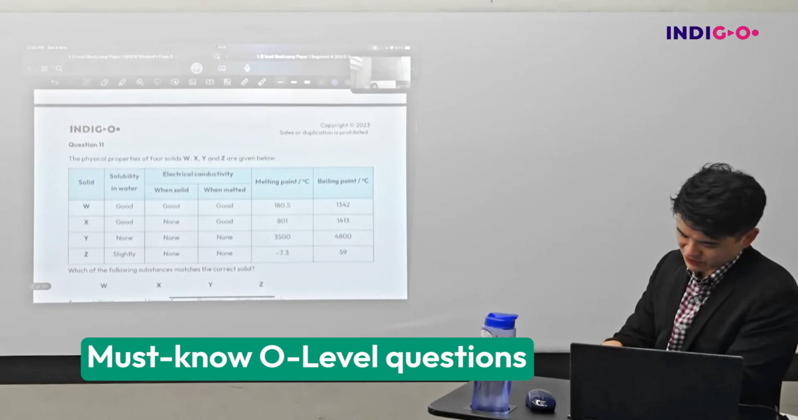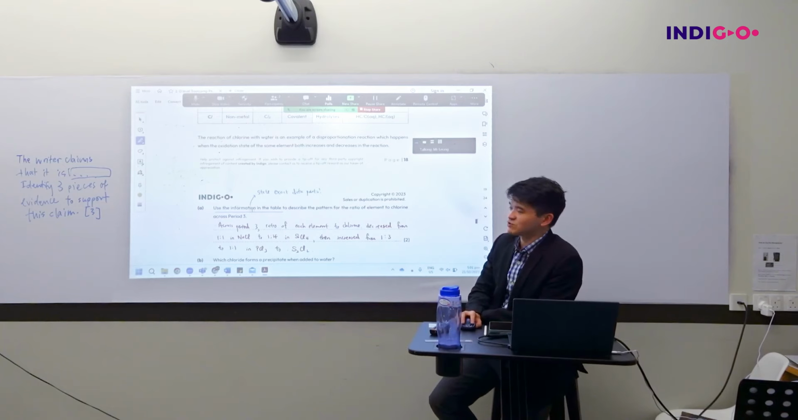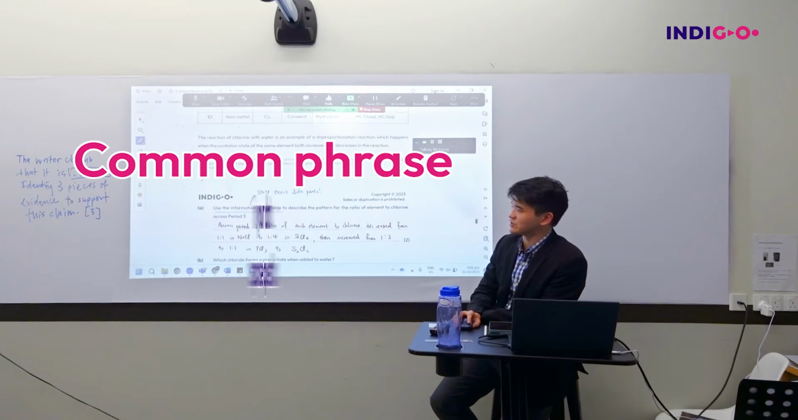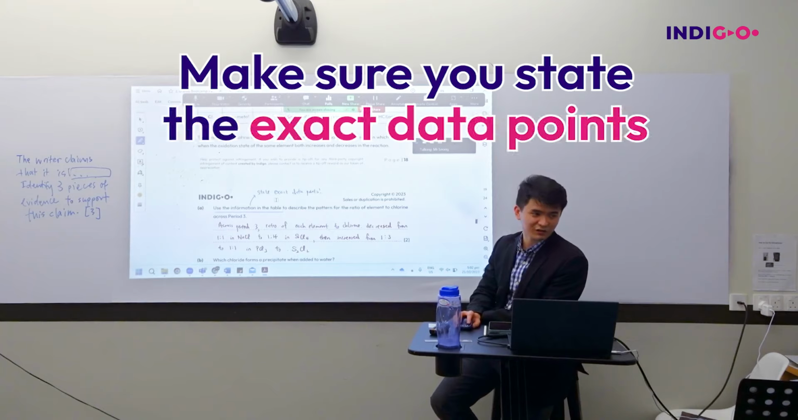Okay, once again, you see physical properties. Reminder, when you see physical property, right, you are looking at structure. First one, it says use information in the table. This is a common phrase in your data response question, am I right? When you see they ask you for this, right, make sure you state the exact data points. For example here,